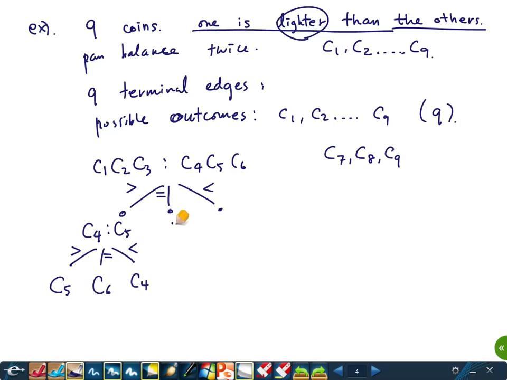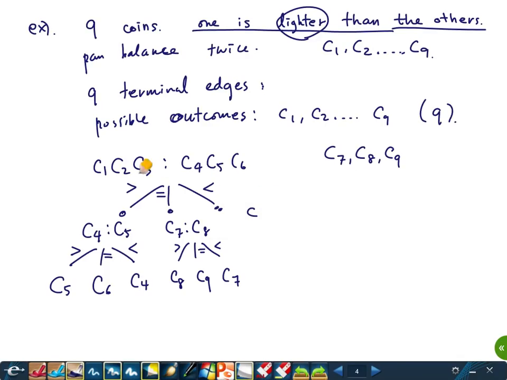So we compare C7, C8. There are 3 outputs, this or this or this. If this one's bigger, the C8 is the fake one. If they're the same, C9 must be the fake one. This means C7. And finally here,